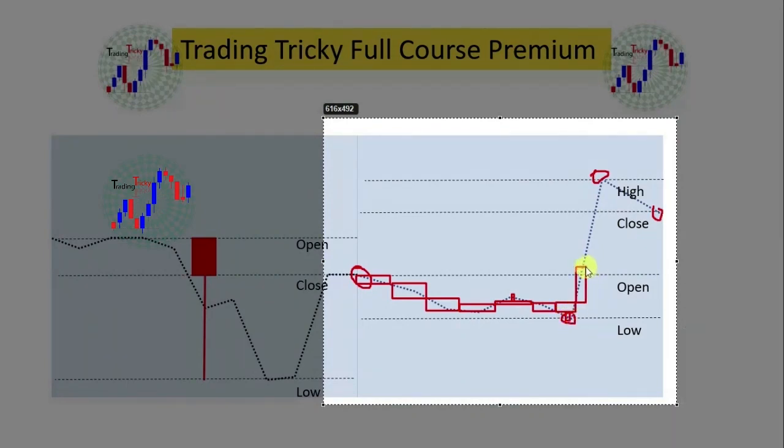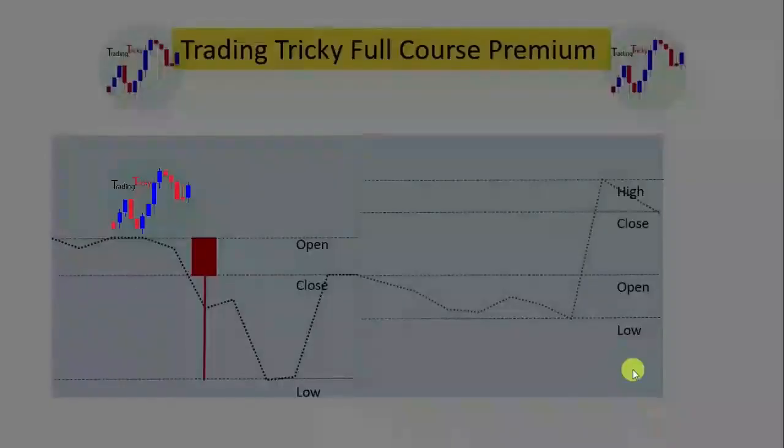After that you can see a little strong green candle, again a strong green candle, and here you can see a small rejection by the sellers, and after that it finally closes as a red candle. So you can see the strong buyer's entry by drawing the 5-second candle, and if you draw here like